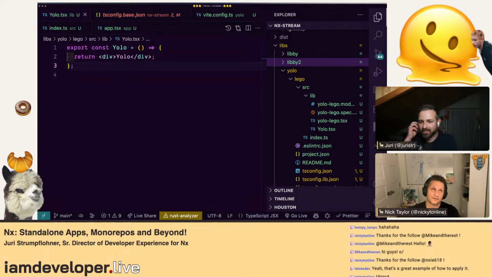Speaking about the product itself, there's NX, which we've been using and is open source. There's NX Cloud, the company, and there's the distributed caching, which I enabled here. I'm assuming distributed caching for larger projects is where the money would probably come from, and everybody can still benefit from the open source, which is great.